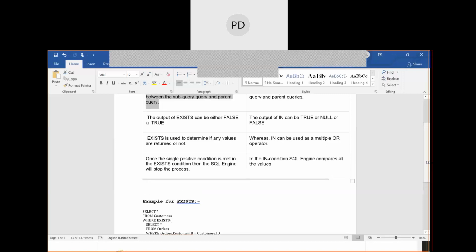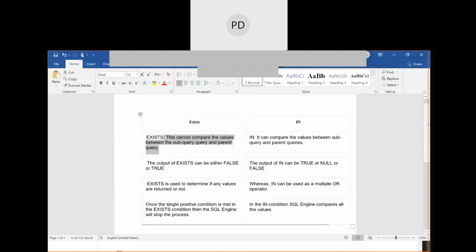You can think of it like a filter transformation compared to a router transformation. In a filter transformation, it will check only one condition, whereas in a router transformation, it will check multiple conditions, right? Similarly, EXISTS is only going to see whether a record is returned or not. How many records, it is not going to scan through all those records.